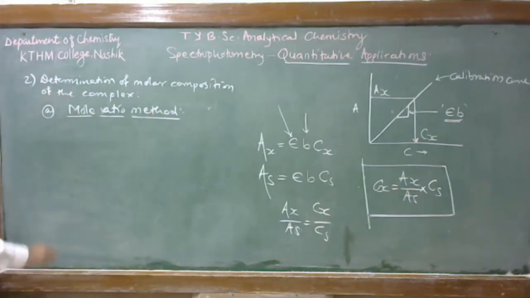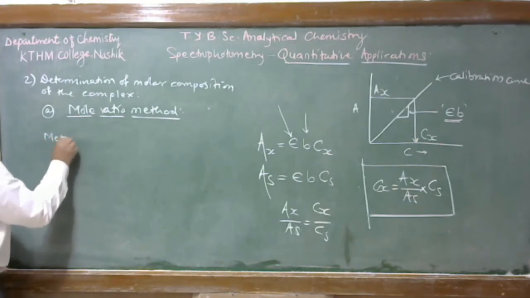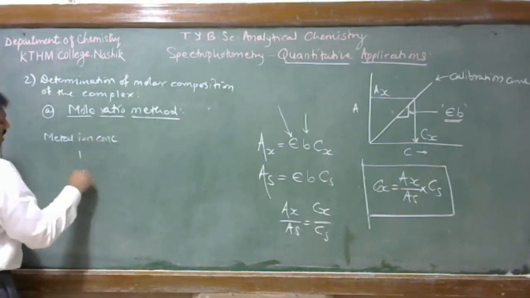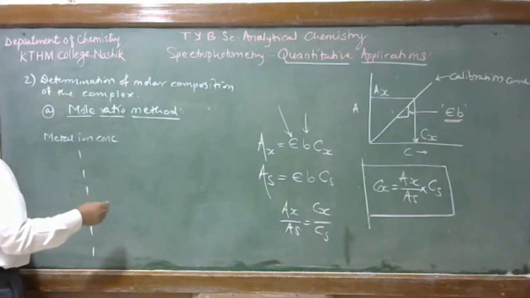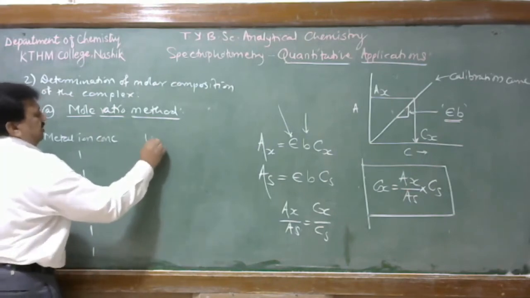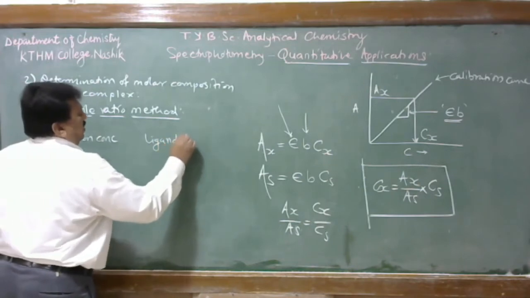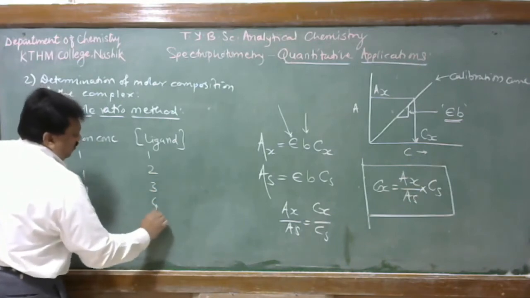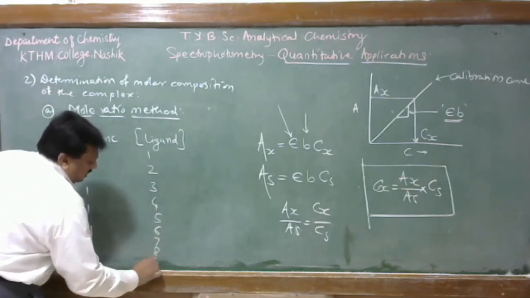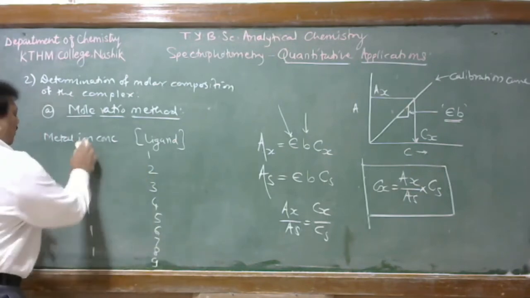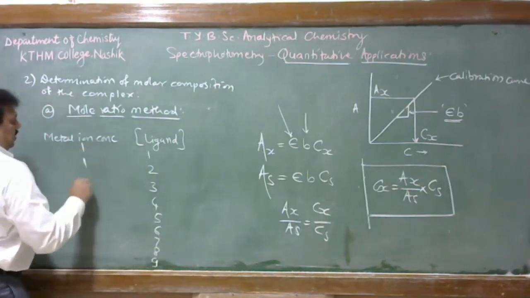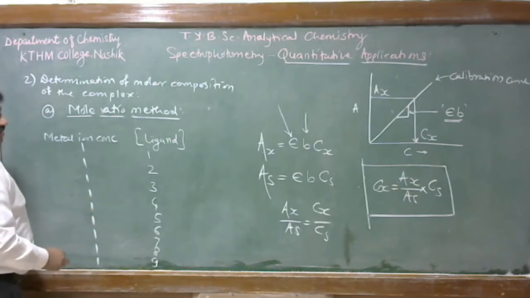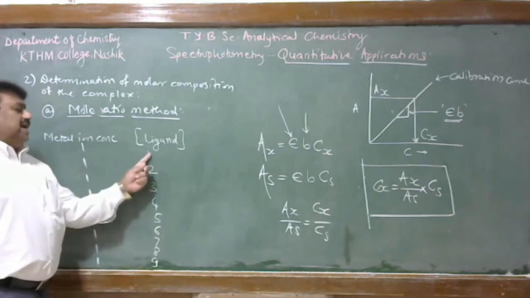In this method, the metal ion concentration is kept constant, that is 1. And here the ligand ion concentration is changed as 1, 2, 3, 4, 5, 6, 7, 8, 9, 10 like this. Therefore, suppose for example, if the metal ion forms 1:1 composition, then we have maximum absorbance at